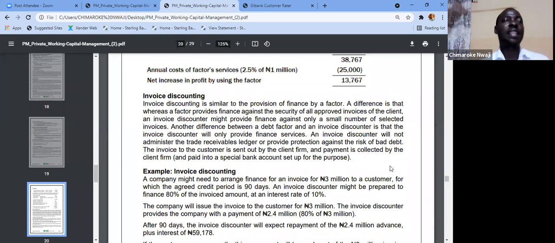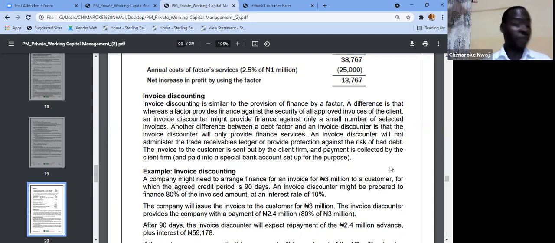Just like saying Dangote is collecting credit facility from his customers, and